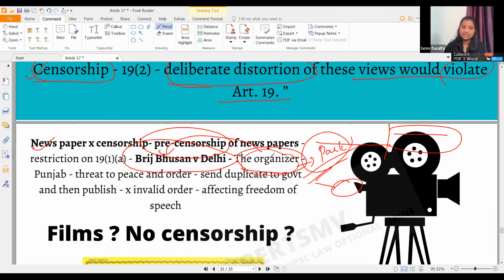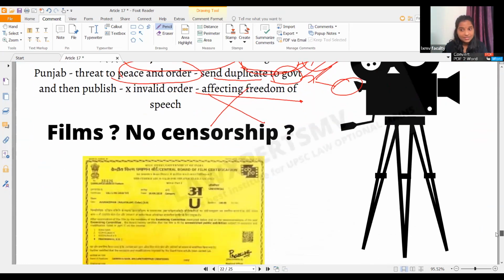newspaper magazine is a threat to peace and order. So they must send a duplicate copy to the government first, and after getting approval, they must publish the same. But the court said it is affecting the freedom of speech and expression. So no pre-censorship for the press. But whether pre-censorship is there for films,